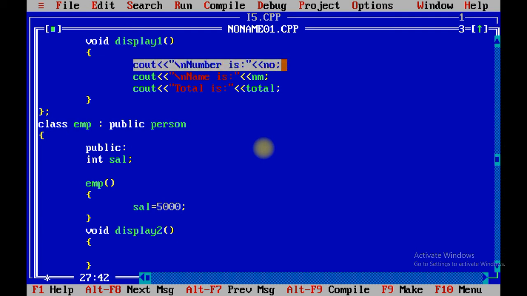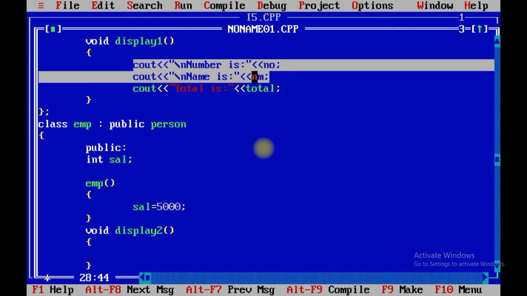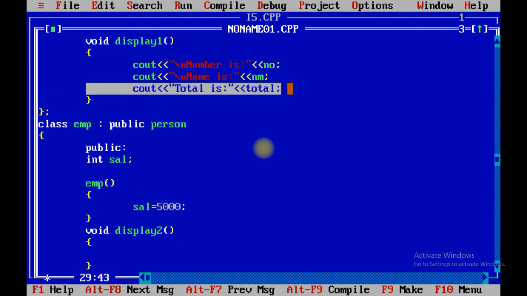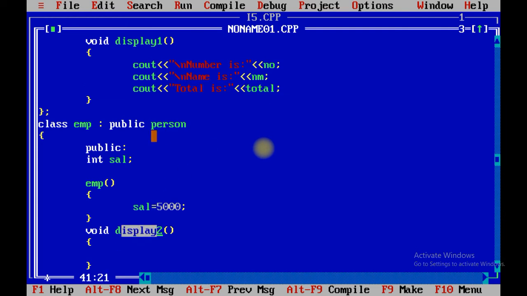Using display1 you are able to access the base class property as well as the property of its own. Similarly, in the display2 function we are able to use the property of person class. So we are able to access number.